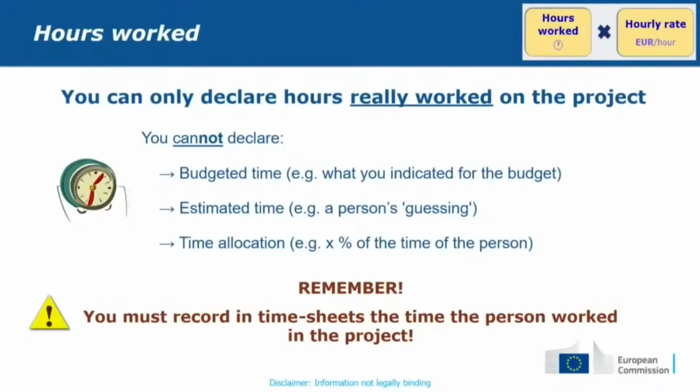And in your timesheets, you cannot declare budgeted time. So it's irrelevant if at the beginning you estimated that the person would work 3 months in the project and eventually you needed 6. You cannot declare the budgeted time. You must declare the reality of the time worked in the action. Similarly, you cannot declare estimated time. So it's not about saying at the end of the year, well, I think the person worked 500 hours in the project, and declaring these 500 hours. It does not work like that. And you cannot declare either, and this happens in some specific contracts, a percentage of the time of the person. So it's not enough to say, well,